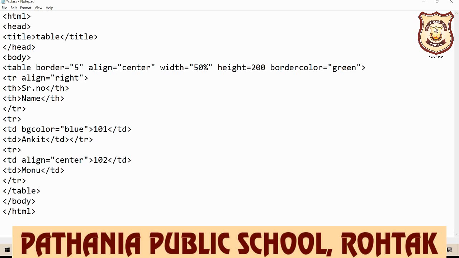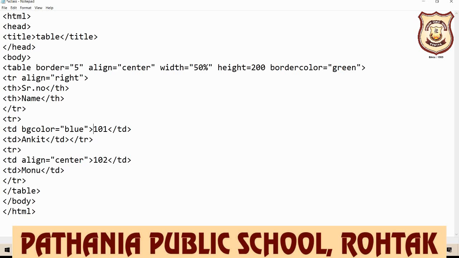Here everyone listen carefully. BG color, background color. BG color is the name of your attribute. It sets the background color of the table. The BG color attribute sets the background color of the table. That is the color filled inside each cell of the table that appears behind text or data entered in the cell.